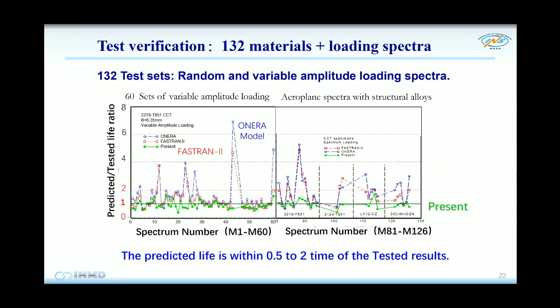And with this ability, we have largely validated against more than 100 materials and loading spectra data. And this one, at least our three-dimensional one, this red one is the NASA result, and the blue one is the ordinary model. You see, we can make predictions within 2 times of experiment for different materials, different spectra. So with this ability,